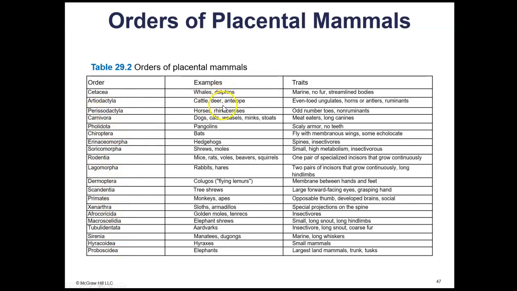Let's just pick one. Let's see. Rabbits and hares are in the order Lagomorpha, and their traits is that they have two pairs of incisors that grow continuously, so that's why they have to eat and kind of wear them down so they don't get too long. They have very long hind limbs for jumping. Another one, let's see, an elephant is in the order Proboscidea, which proboscis is a nose structure. So elephants are the largest land mammals. They have a trunk and tusk. So you can look at all the rest of these just for your own